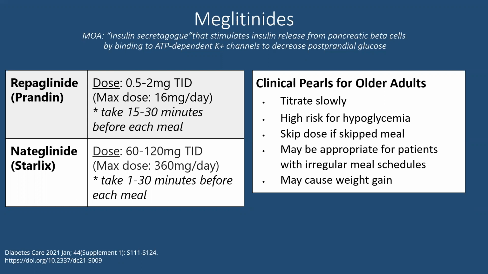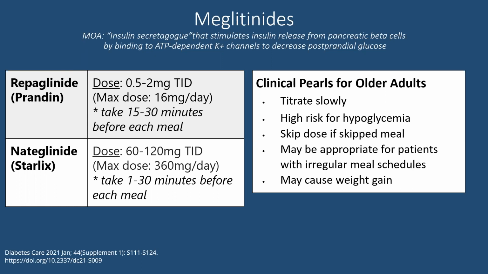Sometimes you run into trouble with these medications, like in a nursing home, for example, when med passes are done before they get their food. And so you will give them either Prandin or Starlix, and then you bring them the food and they don't eat it. Then they'll get hypoglycemic. But it's really effective for someone who occasionally goes out to dinner, eats more when he or she does that, and then you could administer these drugs right before they eat.